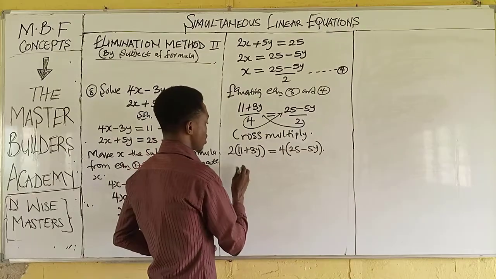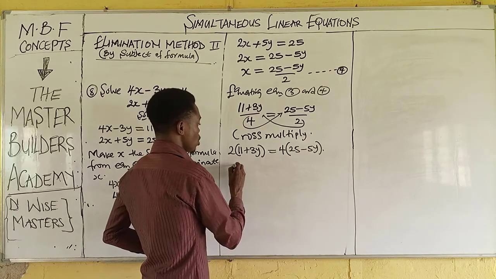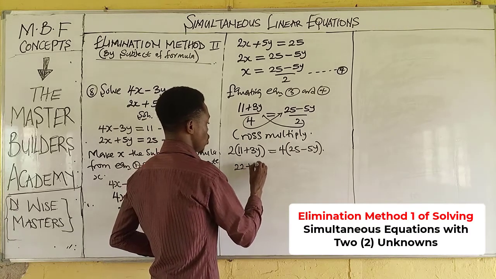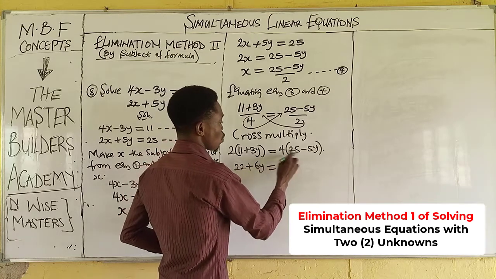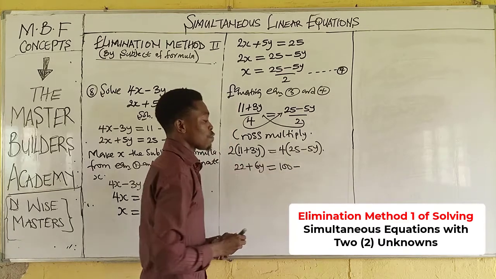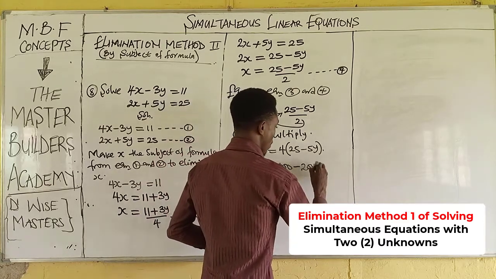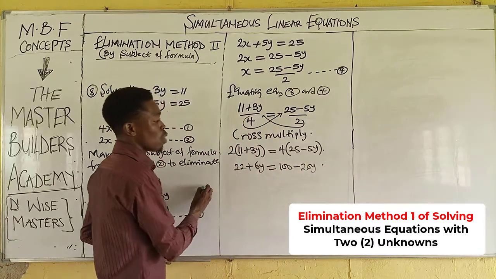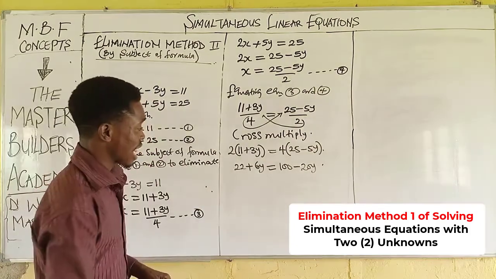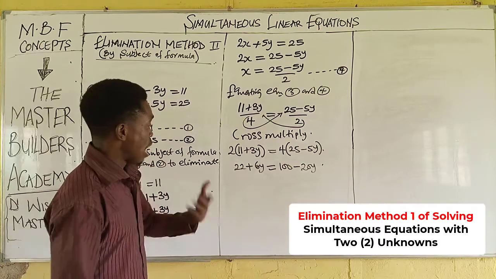Now when we multiply, 2 by 11 will give us 22, and 2 by 3 will give us 6y, is equal to 4 by 25 is 100, and 5 by 4 is minus 20y. So at this point, what we just have here now is a linear equation. So we simply collect like terms by allowing,